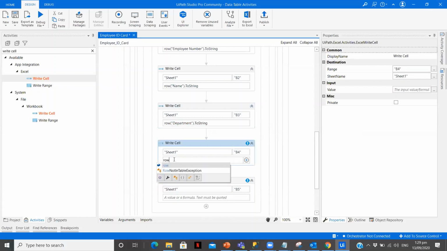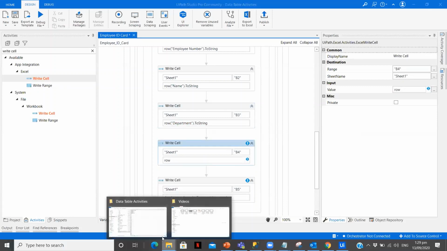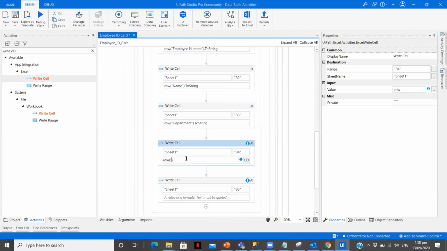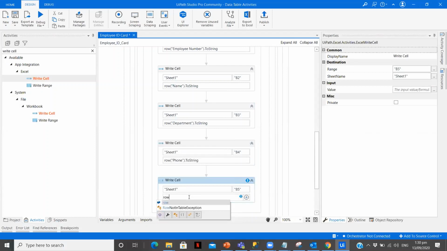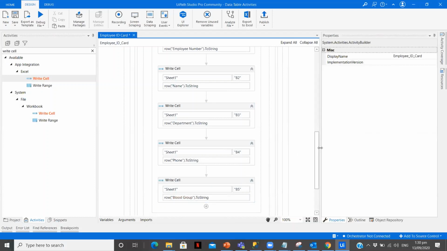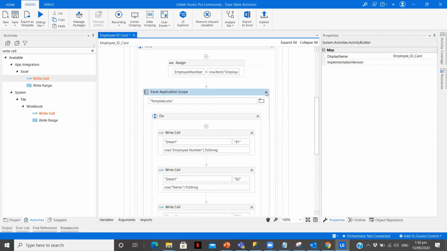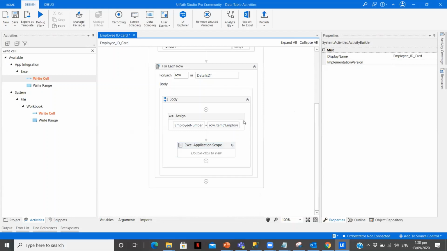After that we have row of phone dot toString, and the last is row of blood group dot toString. Now once all these things are done, I want to convert that particular file to PDF.